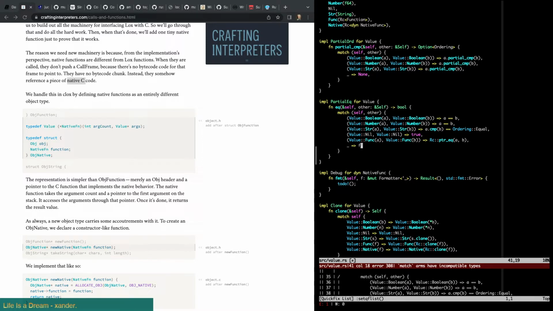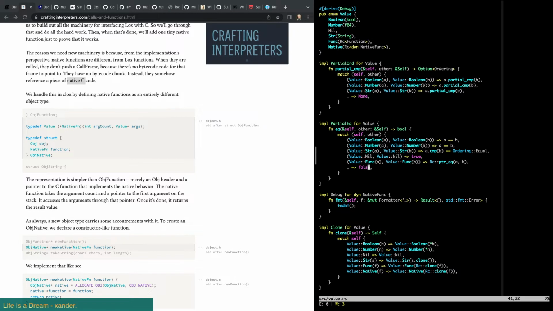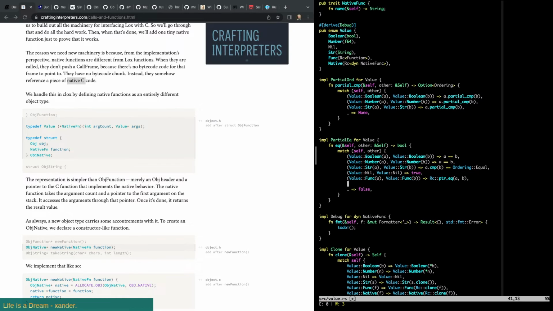Oh, we can't do that. We can do false, though. The last one, we want to see if we want to compare native functions, right? That one's a little trickier. Value, because they're in a dyn, native A and value native B.